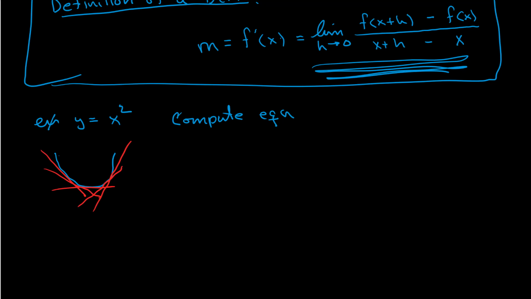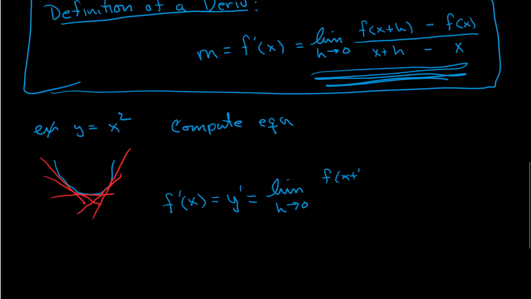To get the equation, we're going to use this definition of a derivative. Okay, so using the definition of a derivative, I'm going to put down f prime of x. This f prime of x is the notation we're going to use to say, hey, this is a derivative. We use the limit as h goes to 0 of f of x plus h minus f of x over x plus h